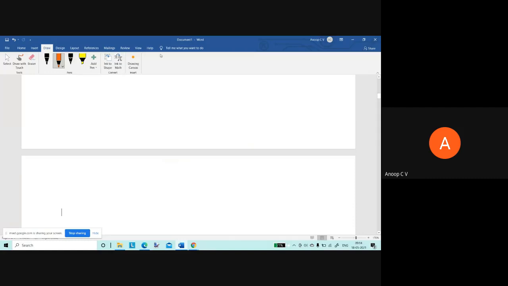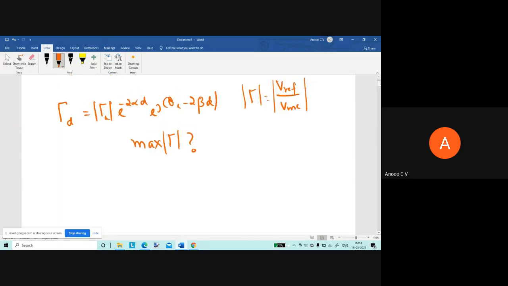We'll just recollect some of the cases, then you'll be able to tell. Let me put it in a different way. Can the reflected wave be greater than the incident wave? You have a transmission line and a load impedance ZL. If some power is incident, a part will be delivered and the remaining part will be reflected back. So can reflected voltage be greater than incident voltage? Never. Reflected voltage will always be less than incident voltage, whether it is a lossy or lossless line.